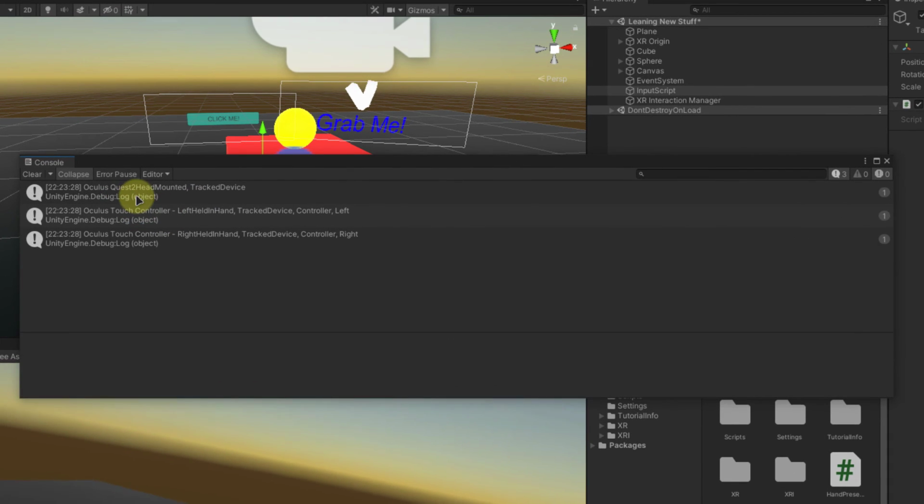We are showing that we have the name, which is the Oculus Quest 2 head mounted. And then we have the characteristic. The characteristic of the head mount is tracked device. Similarly, we have the Oculus Touch controller left hand in held, and the characteristic is tracked device, controller, and left. So now that we are able to detect the controllers, or my bad, detect the devices that are connected to the VR headset,